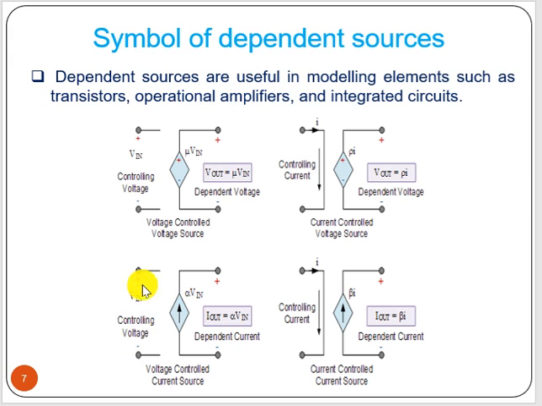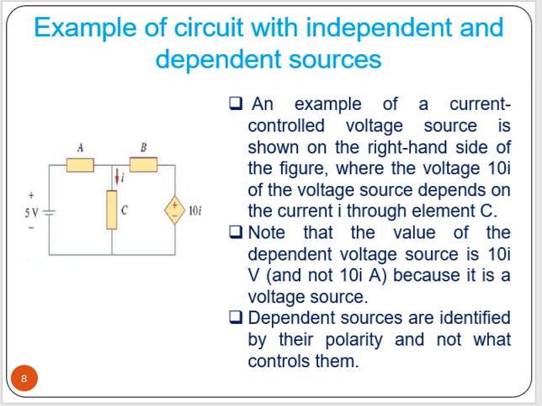Controlling part is the voltage. So you can see output is I, controlling part is voltage, and multiplier factor or constant term. Again, current source controlled by current. So I out equal to beta I. So this I is controlling part, so current controlled current source. So these are the diamond shaped symbols. Plus minus means voltage source, arrow means current source, that we have to remember.